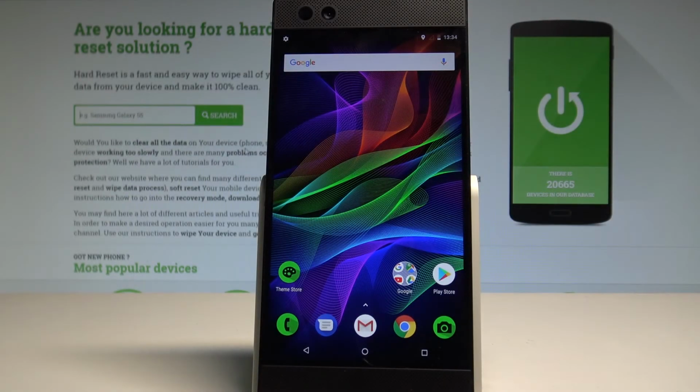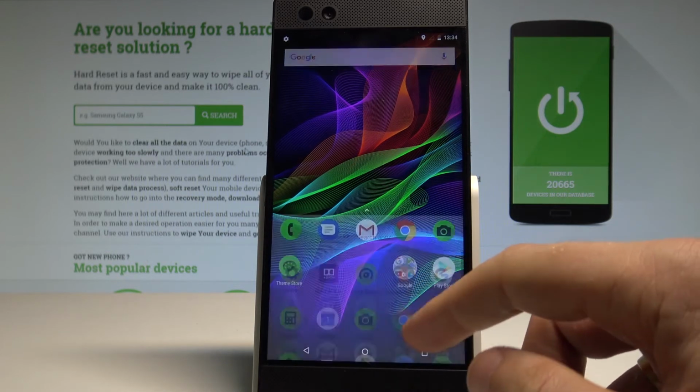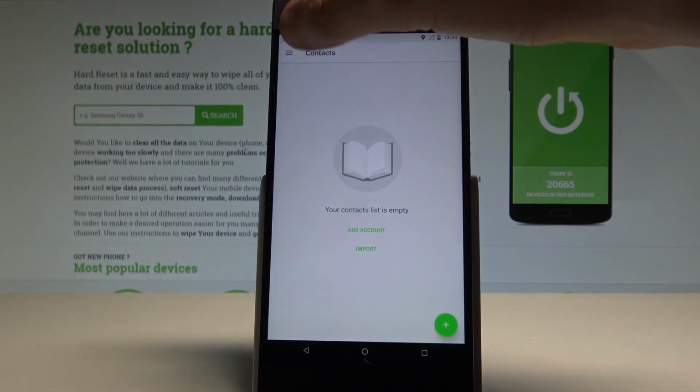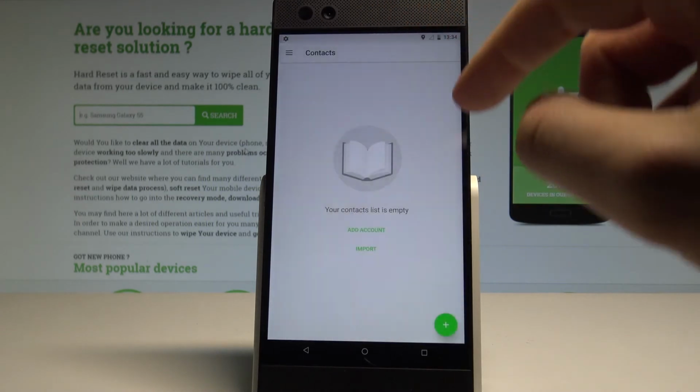Here I have a RAZER Phone, and let me show you how to block some number on the following device. So at the very beginning, let's start by using the home screen. Let's open the list of all applications, find and select Contacts, choose the menu key right here, choose Settings,